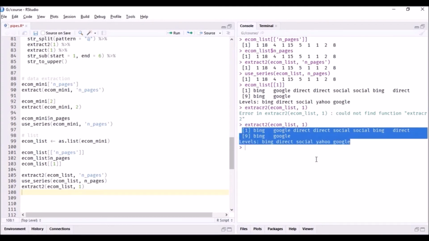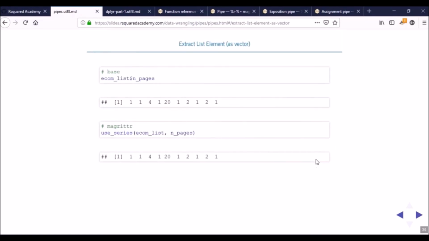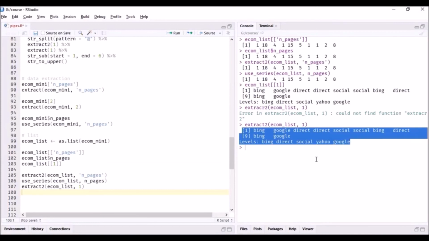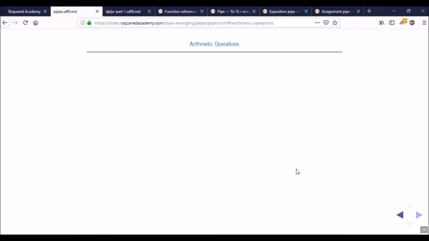So I'm just showing you the alternatives that are available in the magrittr package for extracting columns from data frames or extracting elements from a list, right? Again, here you can see how we extracted elements as a vector,